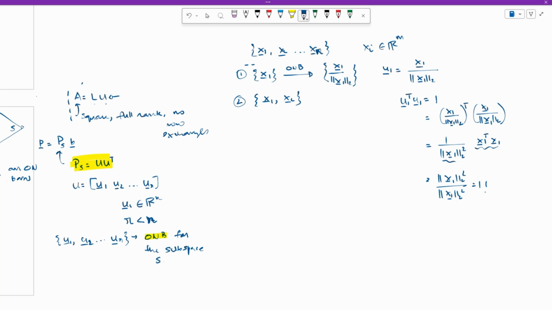The first thing you do, so in the first case, let me do the geometry first. If you're talking about R2 space, say we had a vector x1. The way you derive u1 is you ensure that the length of this vector is 1. So you divide, and then you get u1. The span of u1 and x1 is the same. They'll span the same line, except that u1 has length 1, according to the Euclidean norm. That's the geometry. Now, if you had 2,